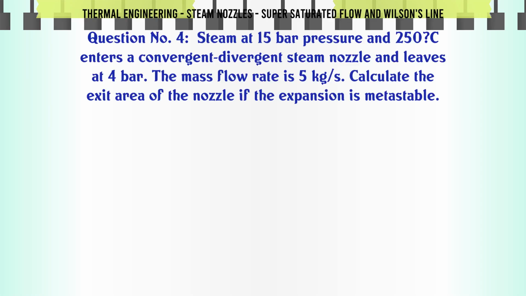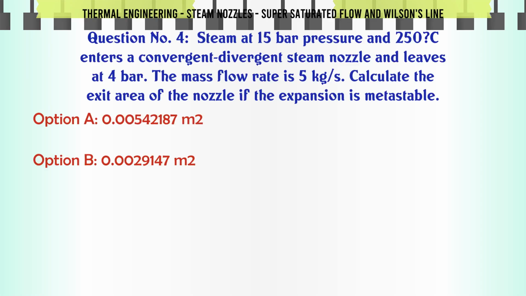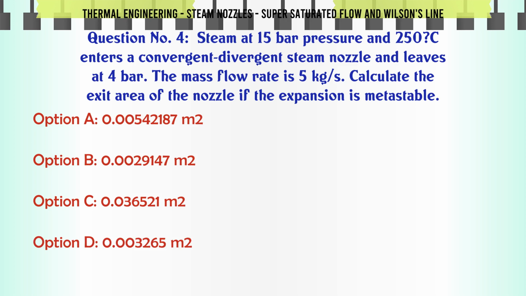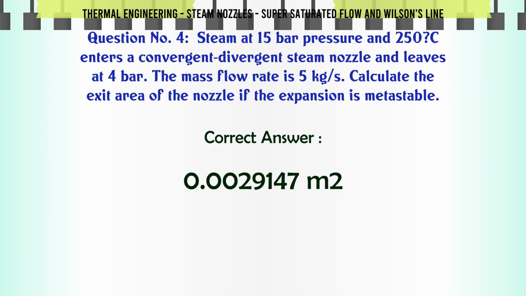Steam at 15 bar pressure and 250 C enters a convergent-divergent steam nozzle and leaves at 4 bar. The mass flow rate is 5 kg. Calculate the exit area of the nozzle if the expansion is metastable. A: 0.00542187 m2, B: 0.00291447 m2, C: 0.036521 m2, D: 0.003265 m2. The correct answer is